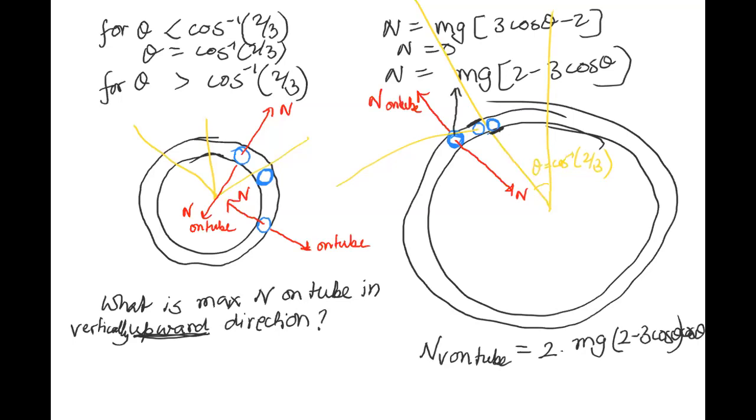N on tube ये है, N vertical ये है, N horizontal ये है। एक स्फीयर यहाँ भी होगा, तो एक N on tube यहाँ भी होगा, और ये उसका वर्टिकल कंपोनेंट रहेगा और ये उसका हॉरिजॉन्टल कंपोनेंट रहेगा। वर्टिकल नॉर्मल रिएक्शन ऑन ट्यूब इज इक्वल टू दिस।